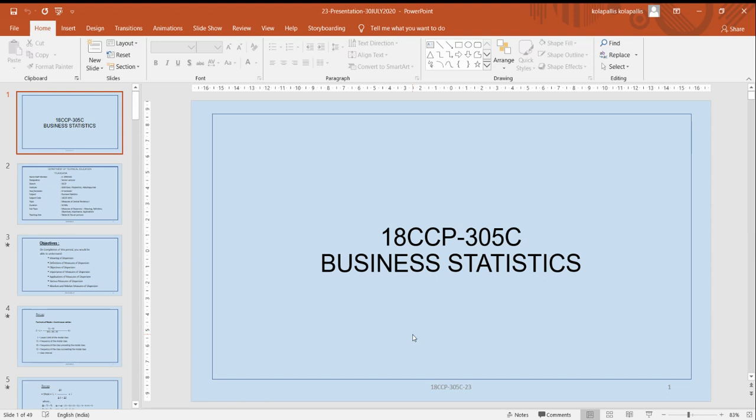And we have seen quartiles, deciles, percentiles in relation to median. From this lesson, we are going to start the measures of dispersion. Till now, 50% of our syllabus is completed.